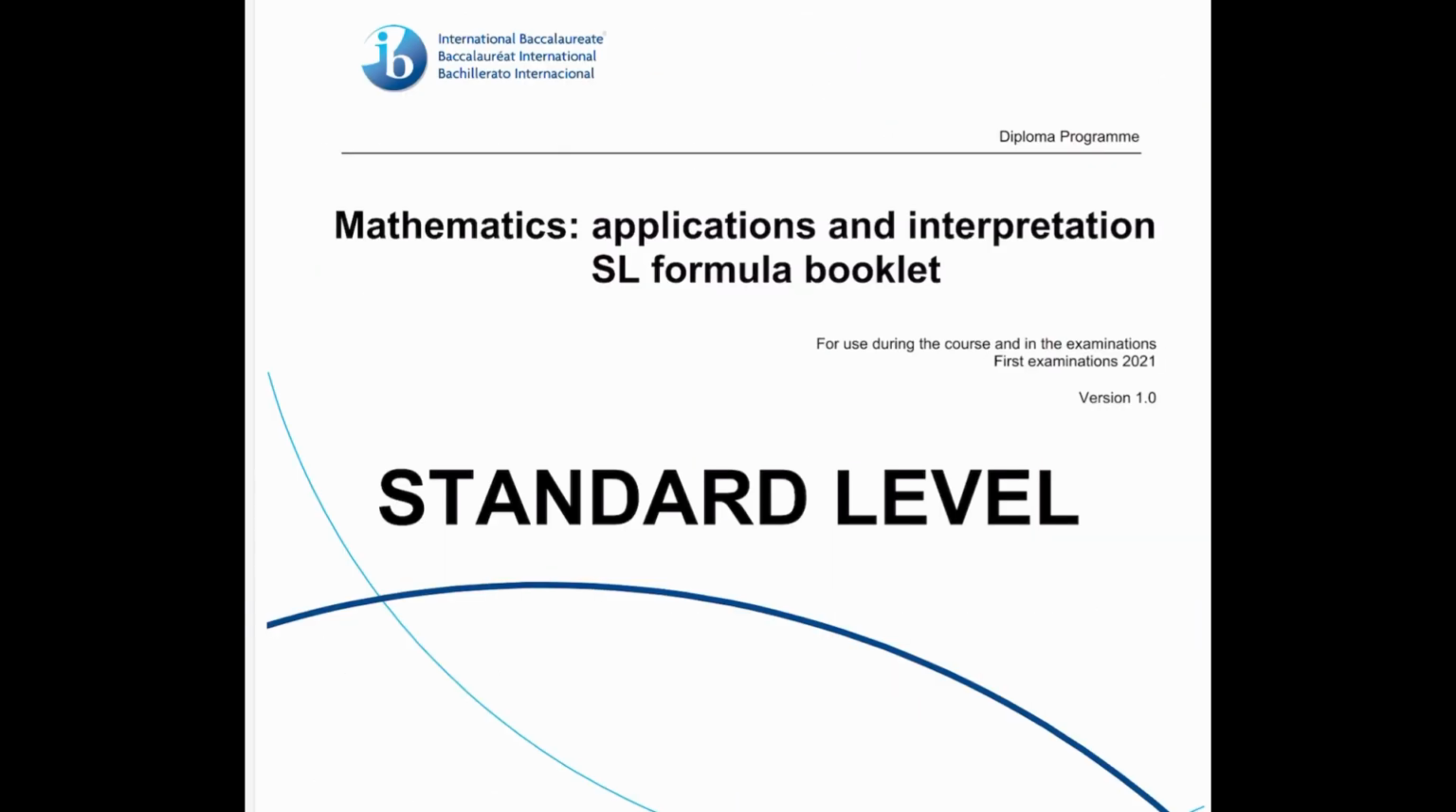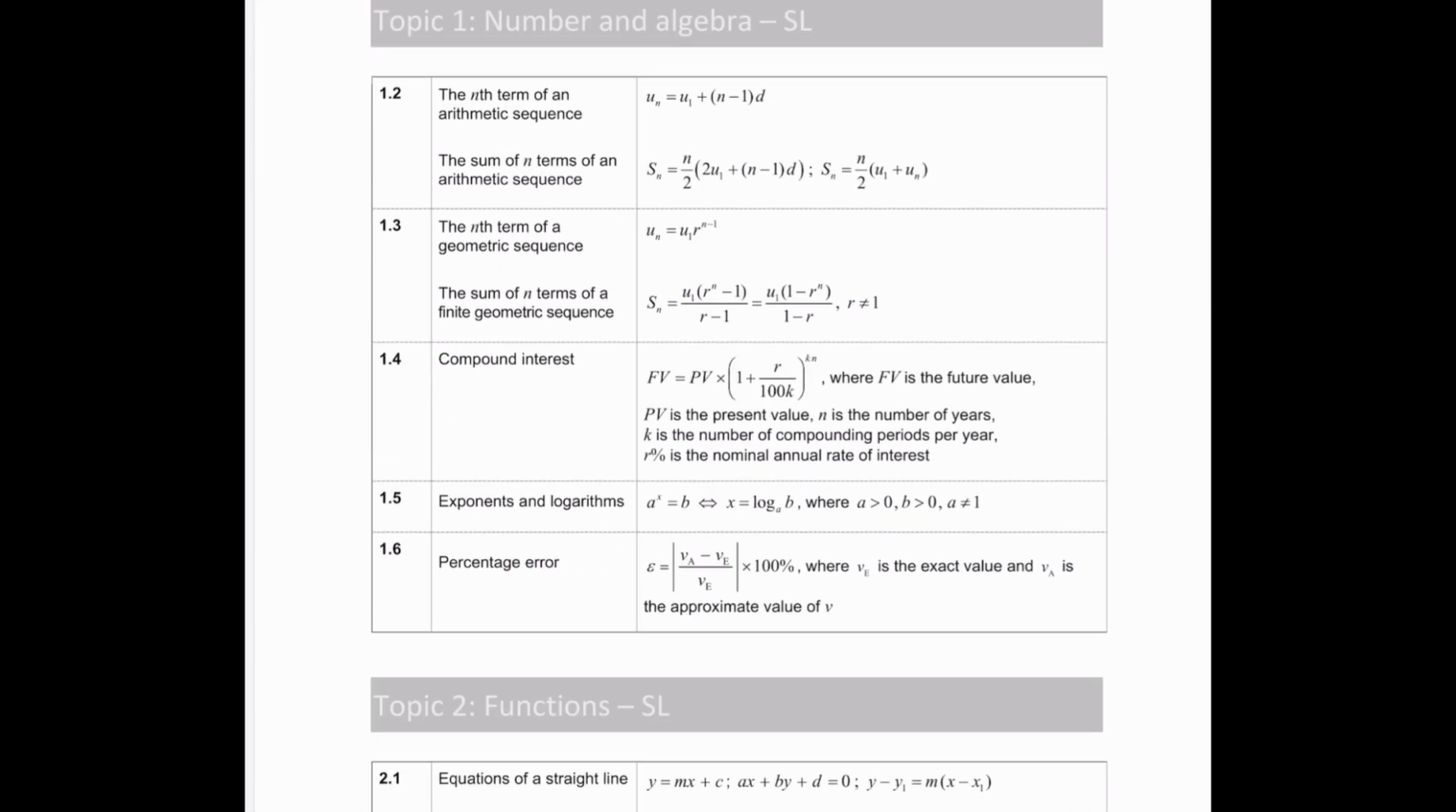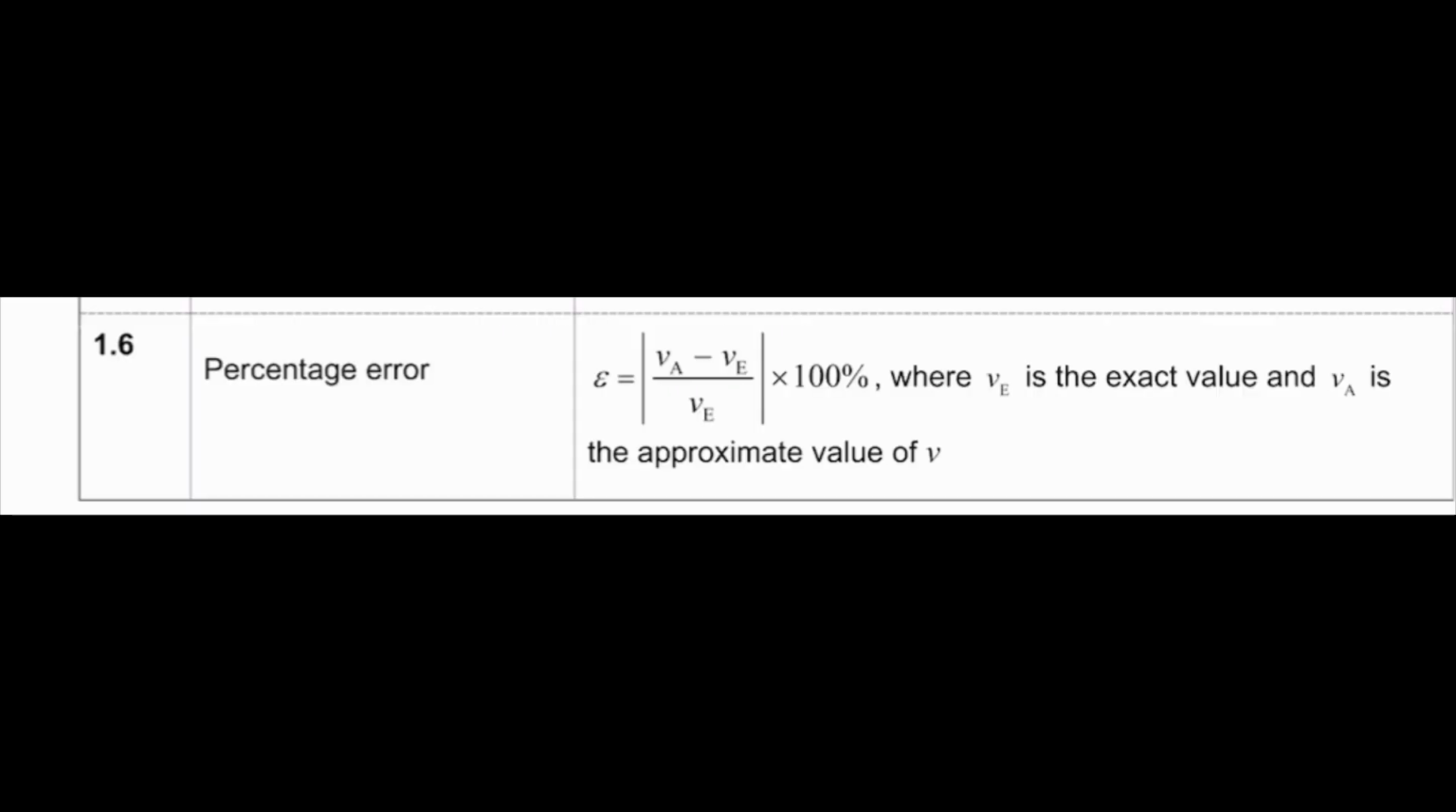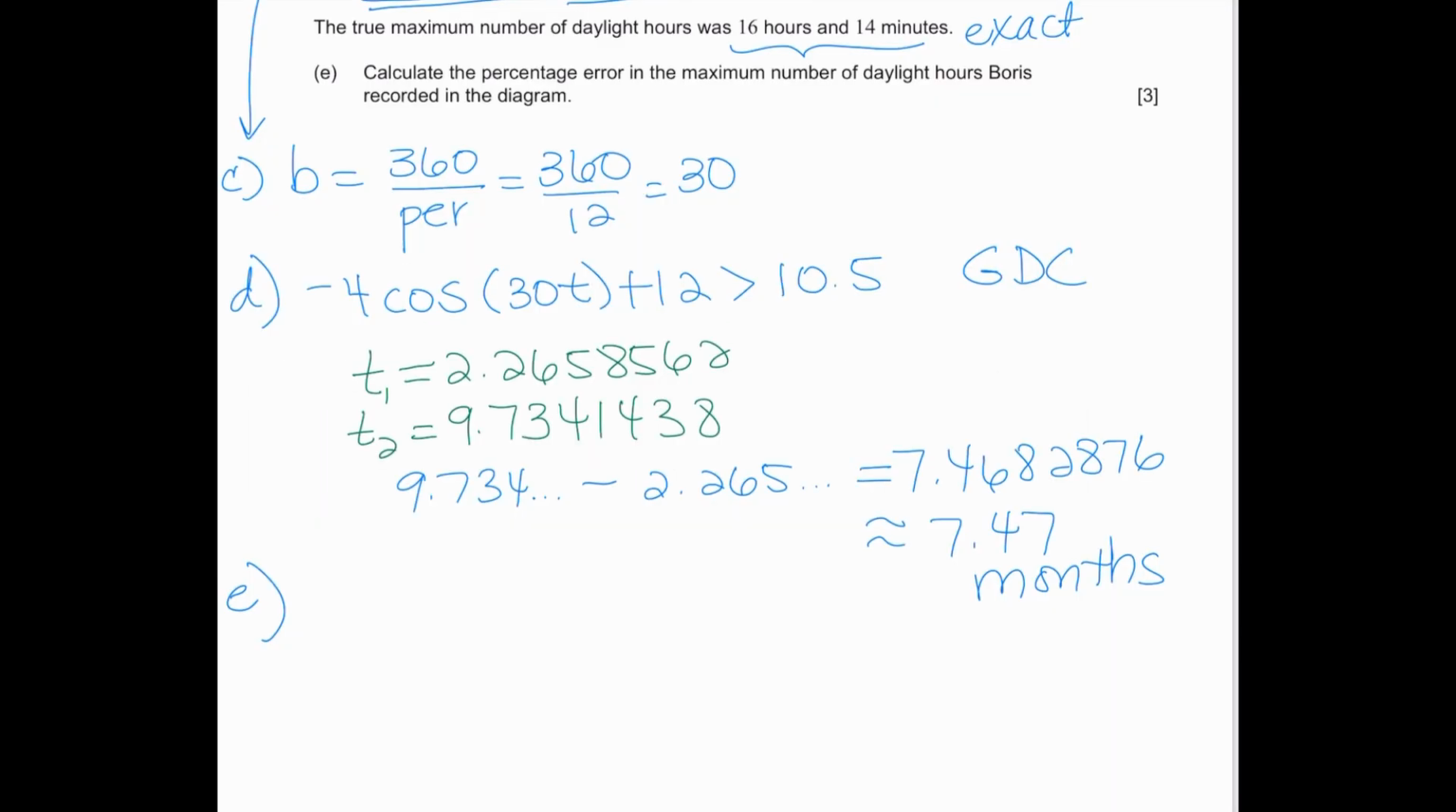You go to your formula packet, you're going to go to topic 1, and you're going to find the percentage error formula. So right here is the percentage error formula. They tell you VE is the exact and VA is the approximate. So right now we have to take this exact amount of 16 hours and 14 minutes, and we're going to have to convert this to just either hours in terms of a fraction or a decimal,